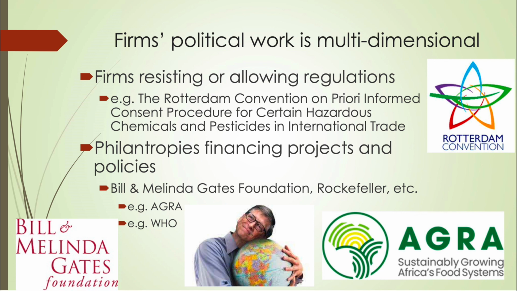And sometimes, for instance, in this case, in 2009, there was this convention on prior informed consent procedure for certain hazardous chemicals and pesticides in international trade. It's a convention which has been reinforcing the kind of codes of conduct and regulation that was already existing, notably at the FAO. But this one is an autonomous convention, which has been actually allowed because the agrochemical lobby